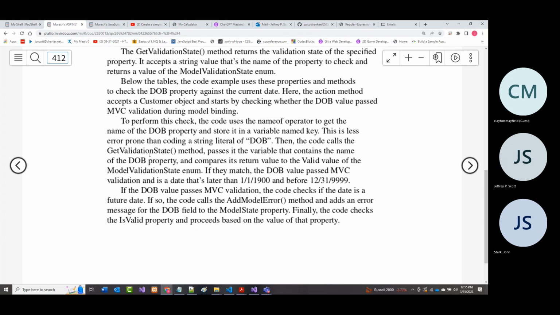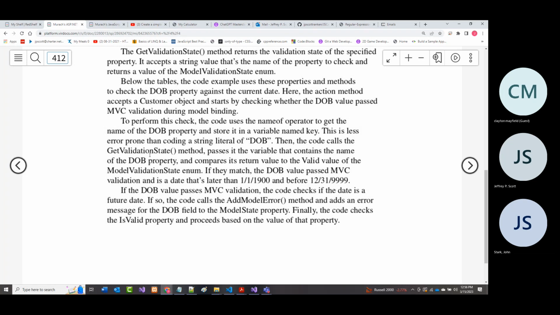Well, the first thing I'd want to do is make sure that whatever has been put into the date of birth is an actual date, as an example. Next, I want to make sure that whatever gets put in there for a date of birth does not come after the current date. So in other words, if I said somebody's date of birth was 3/15/2024, that's not possible because that's a year from now.